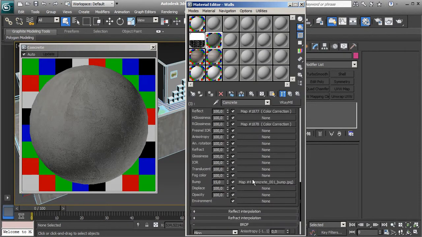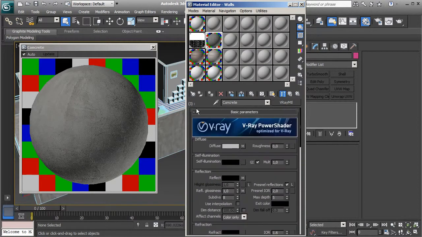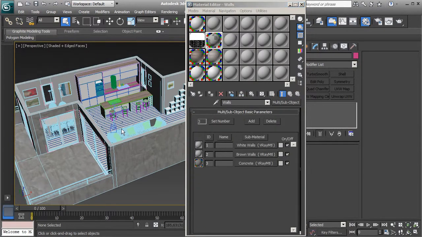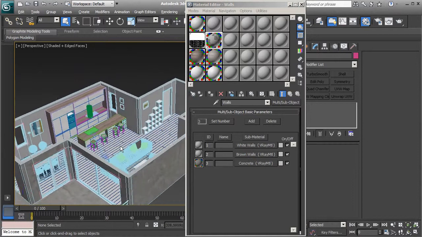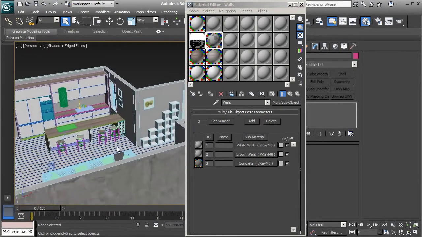And we have a normal concrete bump here. Okay, very simple material. Let's go back, and we will have white walls, and only this wall here will be